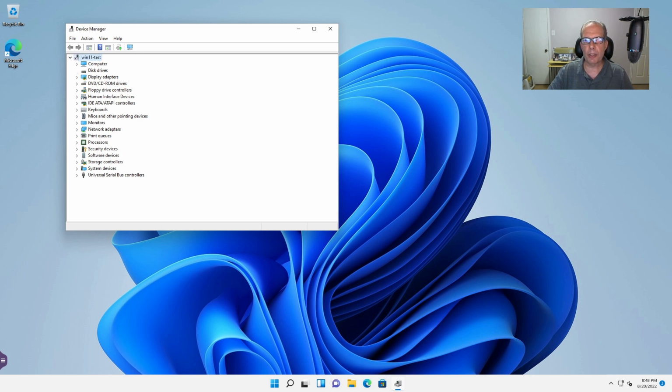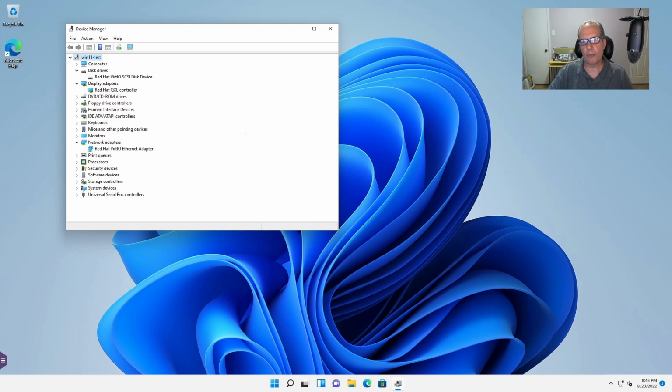So that's the reason why we went through adding the other drive. So now you can see that this is using the Red Hat VirtIO SCSI driver for the disk. You can see that it is using the display adapter from Red Hat,